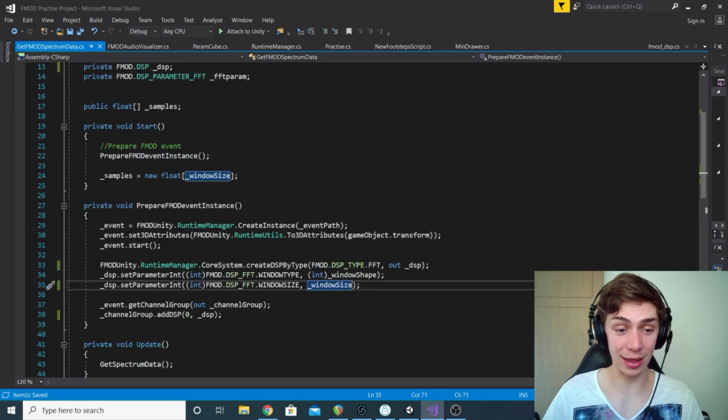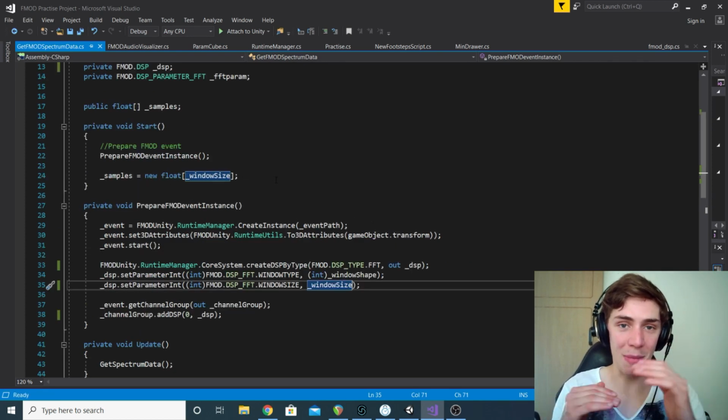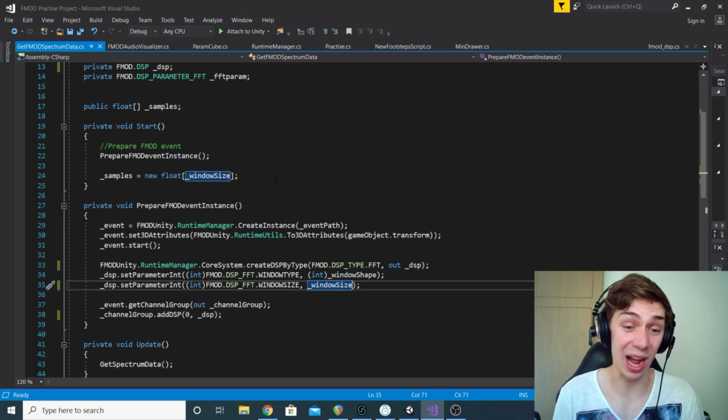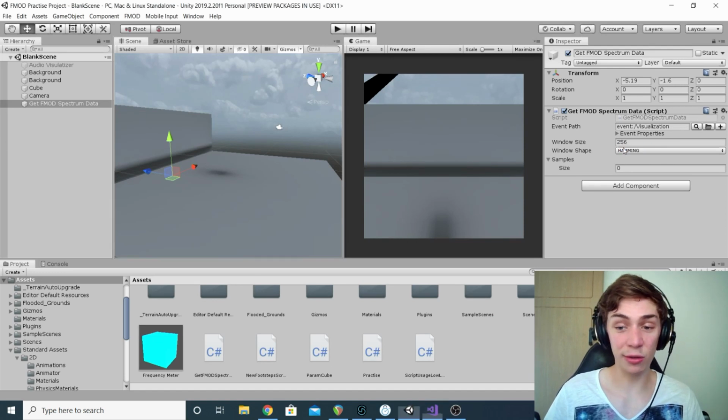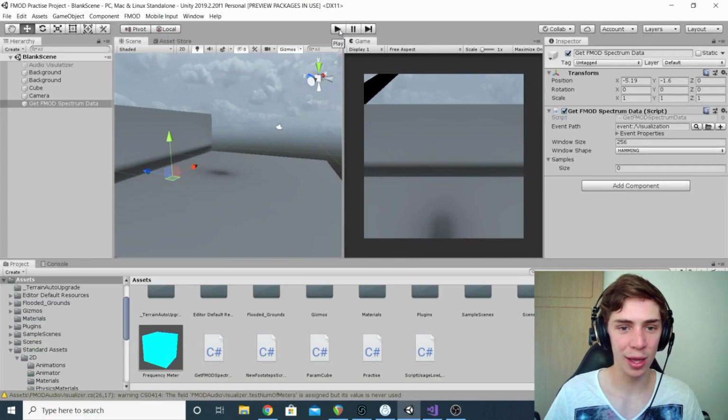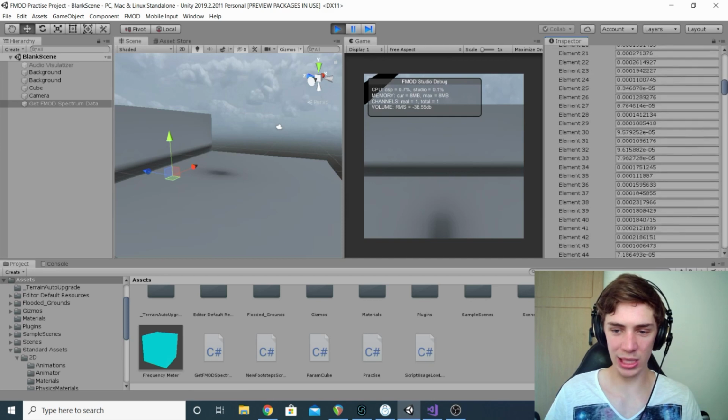Before I do, just note that the size of my array, so the amount of slots within my samples array that I can store our samples in, and the amplitude value that they hold, I've set to the window size, right? Now in Unity, I've set the window size to 256, okay? So we're going to have 256 slots appear. Now, the parameter, the window size, I'm setting to just the value of my window size variable, which again will be 256. However, notice what happens when I don't multiply it by 2 and play my scene. Okay, so if I scroll down,